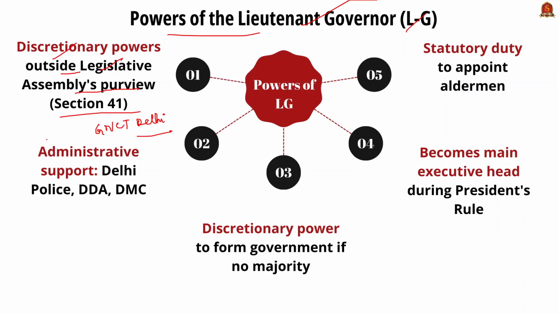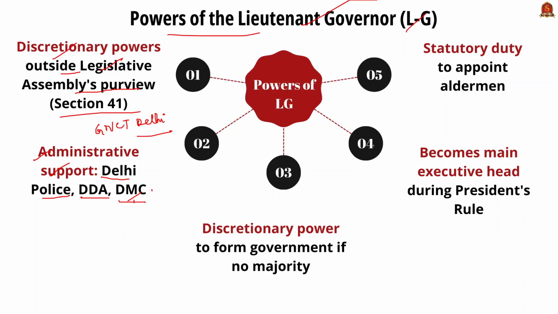When it comes to administrative support, the LG works with the Delhi Police Commissioner and the Vice Chairperson of the Delhi Development Authority, that is DDA, to exercise his authority. In respect of matters related to police, public order and land, the Lieutenant Governor exercises authority to the extent delegated to him by the President. This is as per the Delhi Police Act 1978, the Delhi Development Act 1957, the DDA under the Delhi Municipal Corporation Act 1957, and